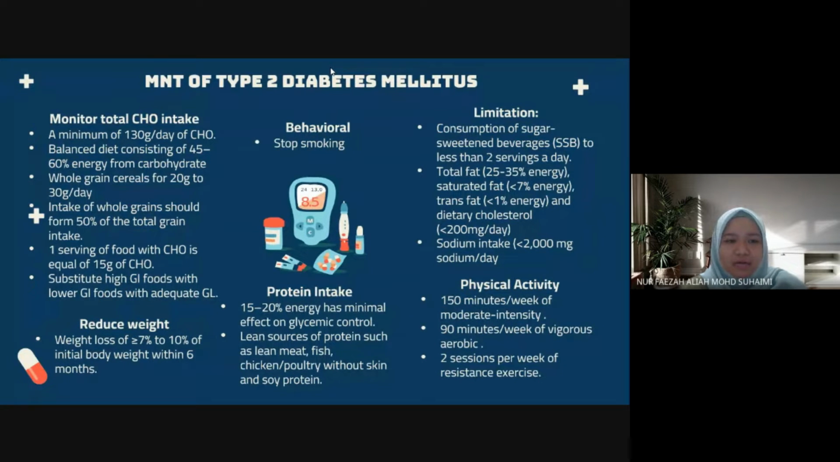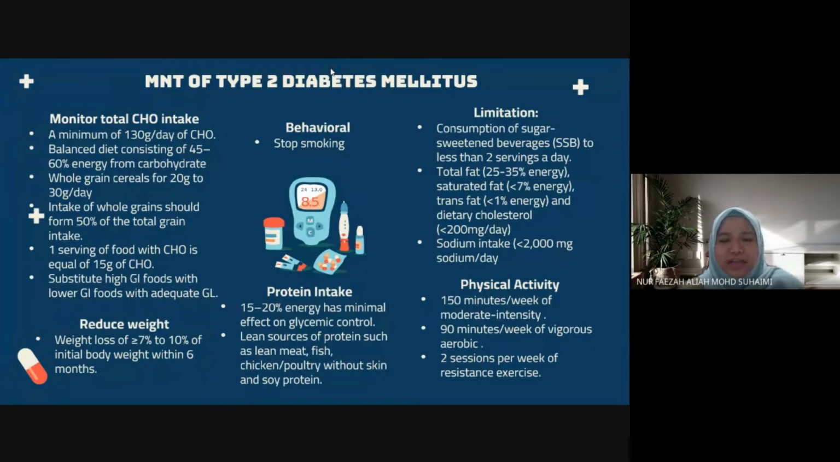For one serving of wheat with carbohydrate is equal to 50 grams of carbohydrate. Mr. Siva also needs to substitute high GI foods with lower GI food with adequate GL, such as substituting white rice with brown rice. Next, Mr. Siva also needs to reduce weight, a weight loss of 7% to 10% of initial body weight within 6